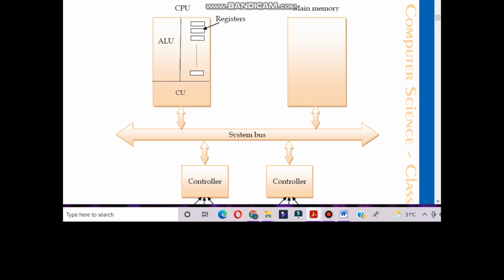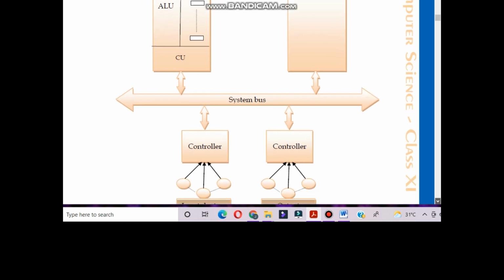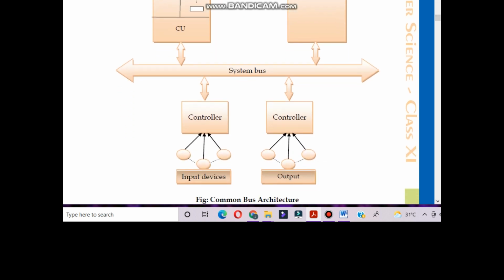This is main memory, meaning primary memory. This is the bus where data can travel from one part to another part. This controller controls the signals. And this is the input device and this is the output device.